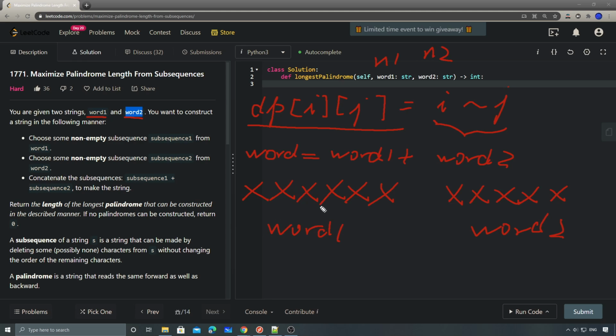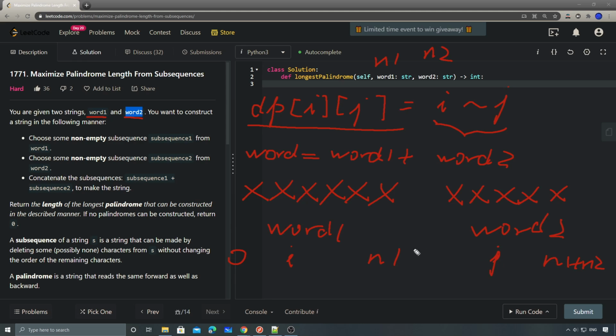As long as we make sure i is within the range from 0 to n1, and j is within the range from n1 to n1 plus n2, then as long as i and j are within these ranges,